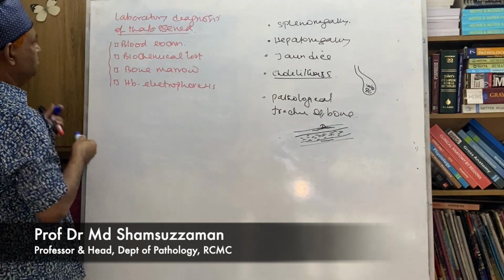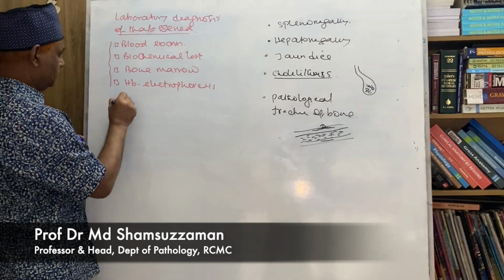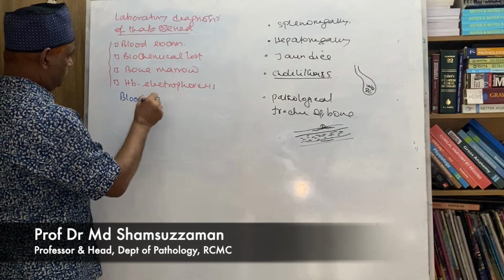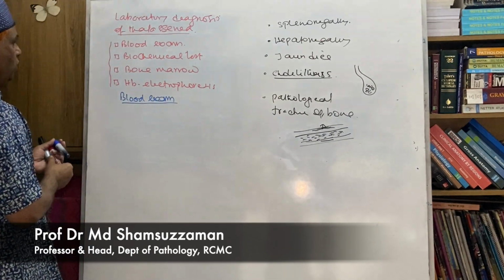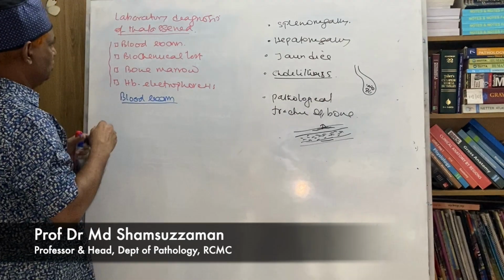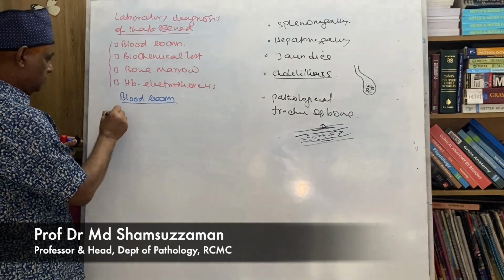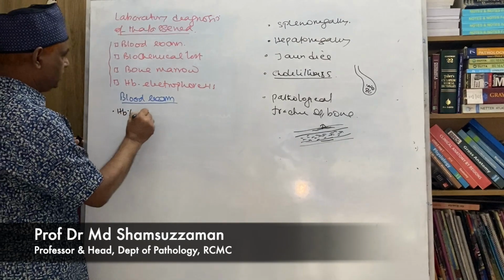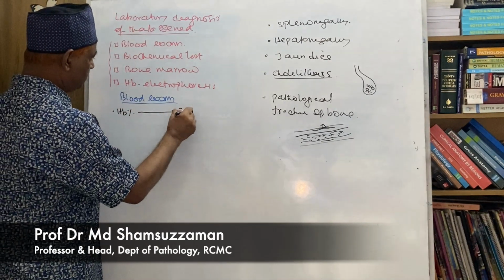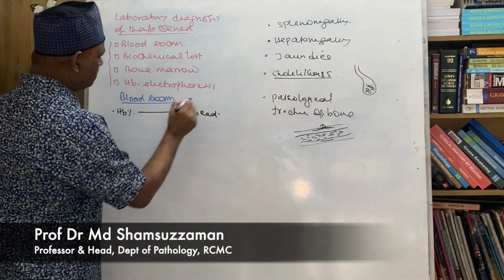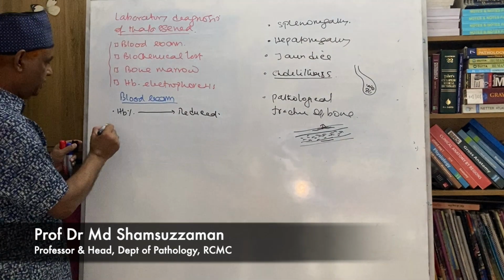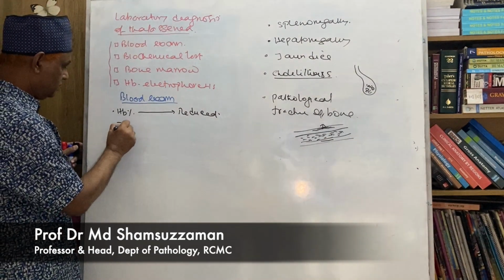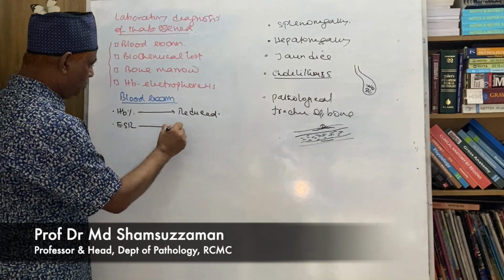First come to blood examination. We have to do first hemoglobin. Hemoglobin percentage will be reduced. As thalassemia is nothing but anemia, there will be reduction of hemoglobin first. Then ESR, it will be elevated,